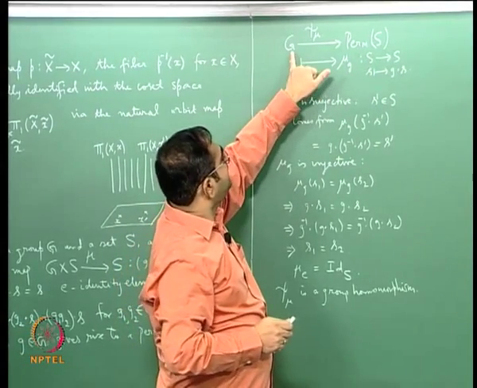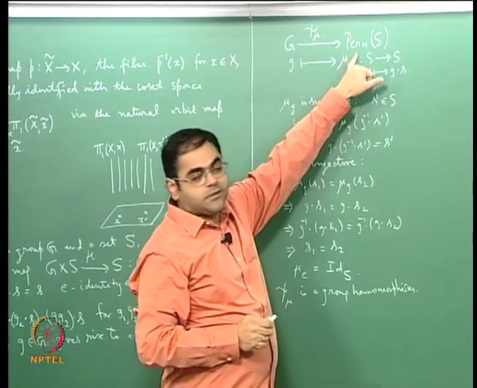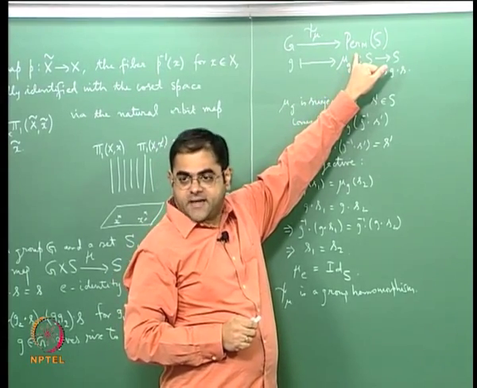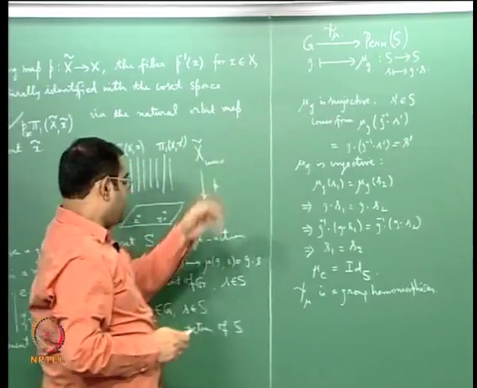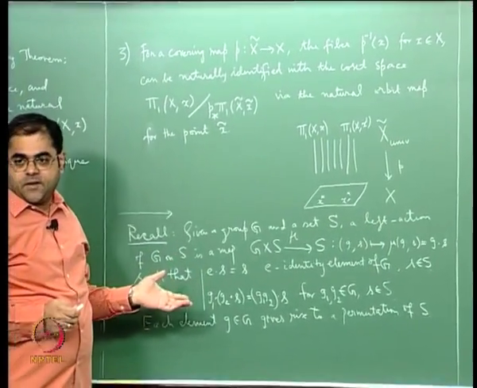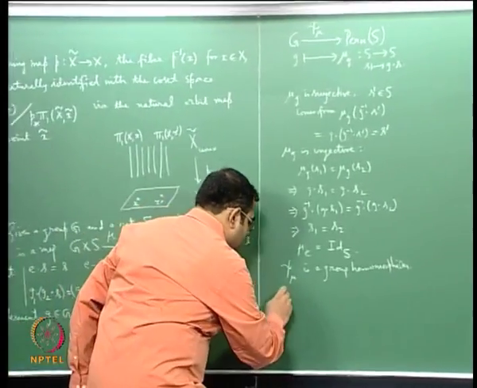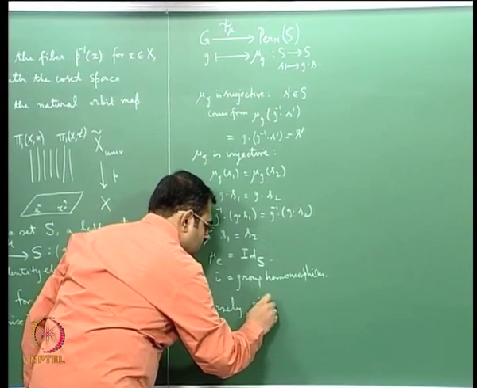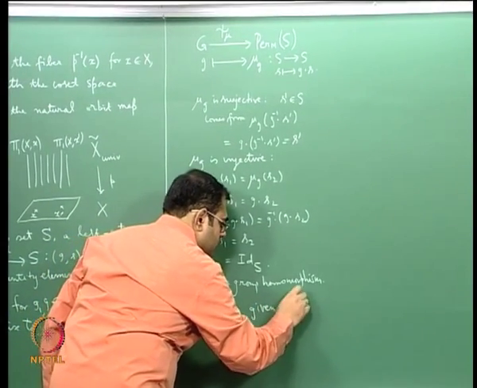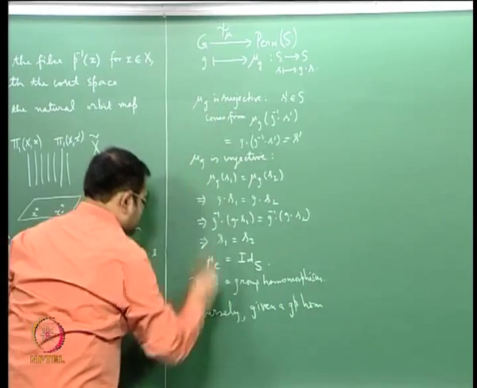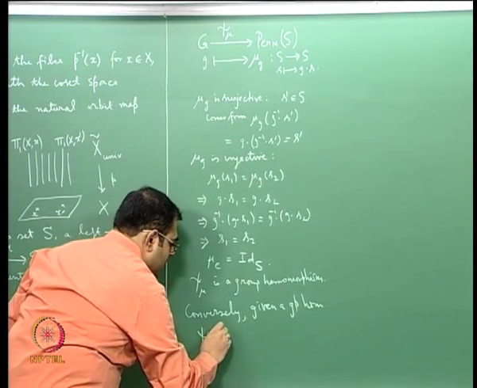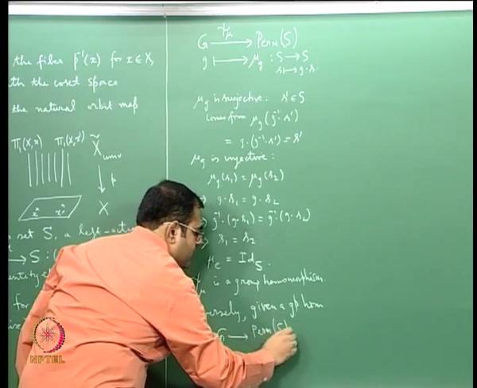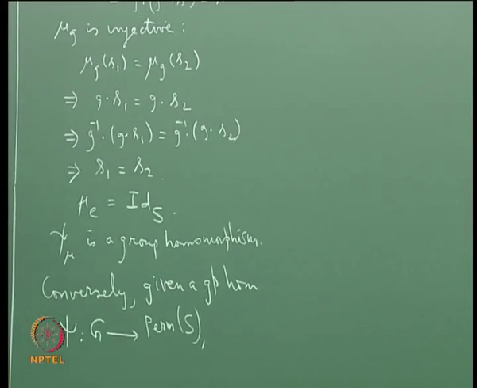If you give me a group homomorphism from G to the group of permutations of S, that is actually defining an action. So conversely, given a group homomorphism psi from G to permutations of S,